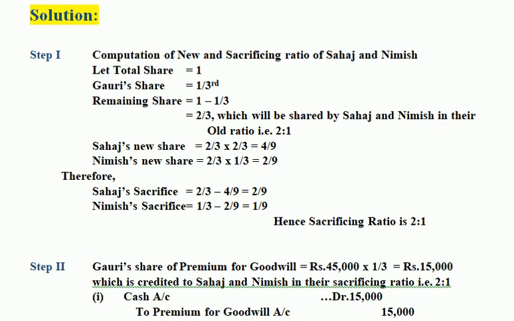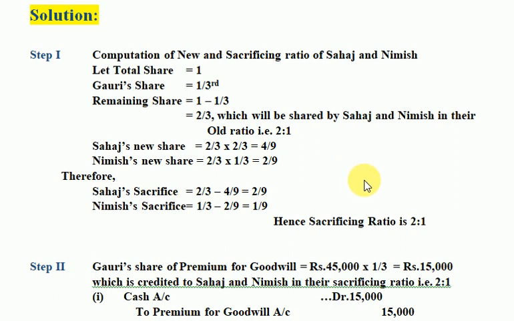So we have to move in the same manner as we have been doing in all the other questions. Here is the first step, which helps us calculate the sacrificing ratio, which comes as 2:1. Now, towards the end of the chapter, I'm not explaining all these steps. You should be able to do it on your own. Otherwise, this is already on screen. You may see and tally with your calculation.